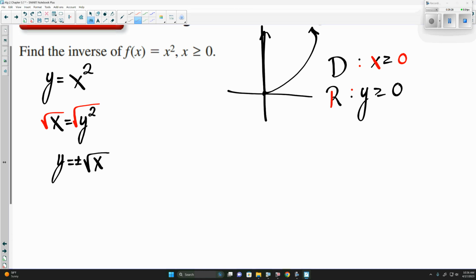So for this function, the values that go into the function and the values that come out of the function are all positive, yes? So the inverse values have to all be positive as well, which means